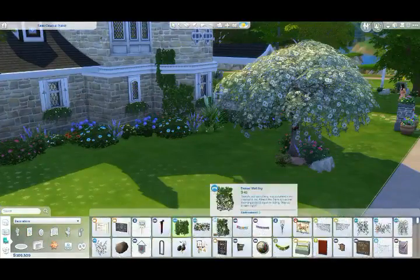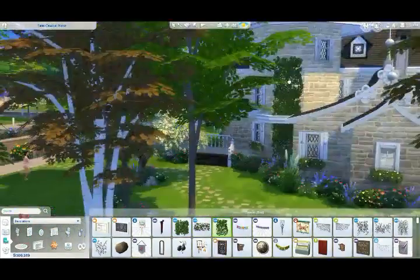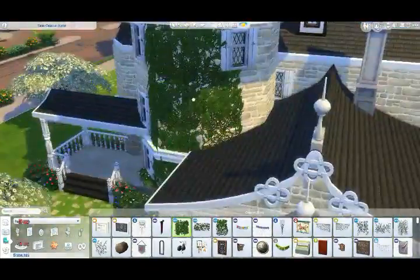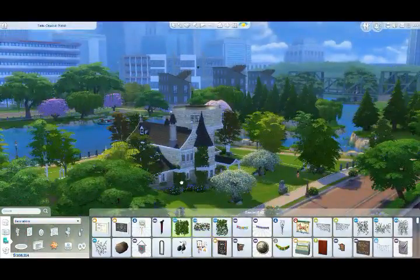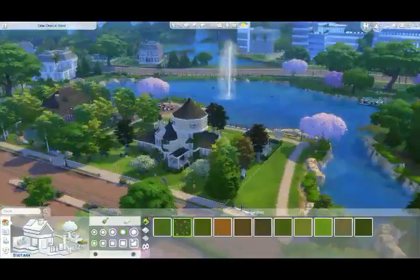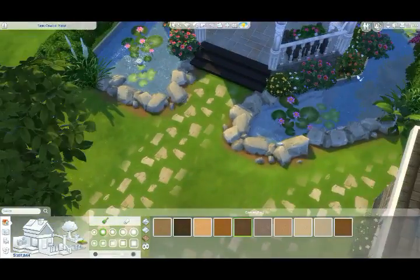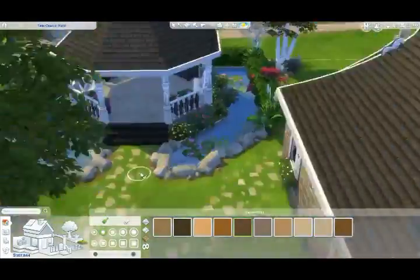And last but not least, as far as the gardening is concerned, is to get some ivy growing up these walls and make it look like this building has been here for a while. And that ivy comes with the vampire pack, and it's easy to make a few different combinations with. There's only 3 different sorts, but, and again, I say this every time,